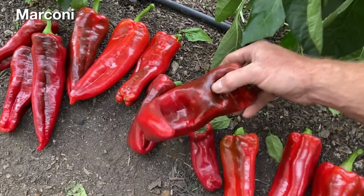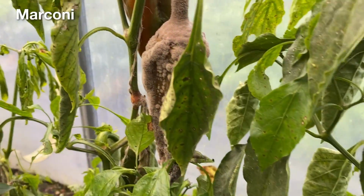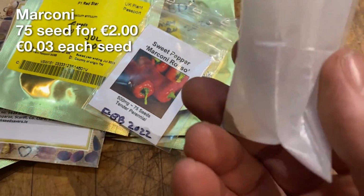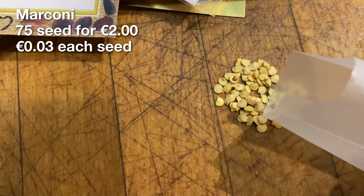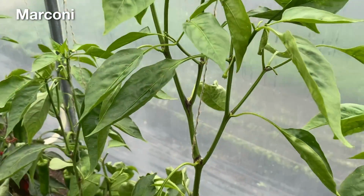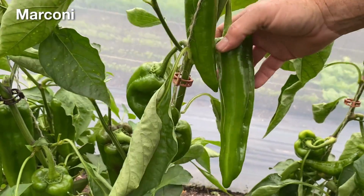worth growing both. Though the Marconi variety seemed to have more rotting fruit and struggled more than the other varieties later in the season. The Marconi is an open pollinated variety and the seeds are really cheap to buy, but there's almost too many in a pack to be able to use before the seeds got too old and the germination rate dropped too low. I can also save my own seeds if I take the reasonable precautions to not let the flowers cross-pollinate with